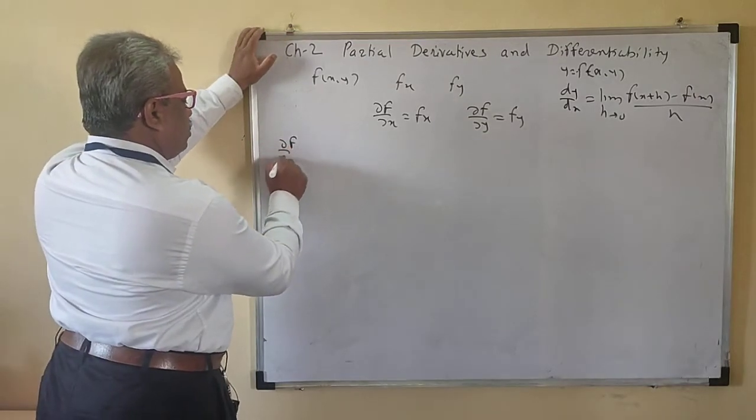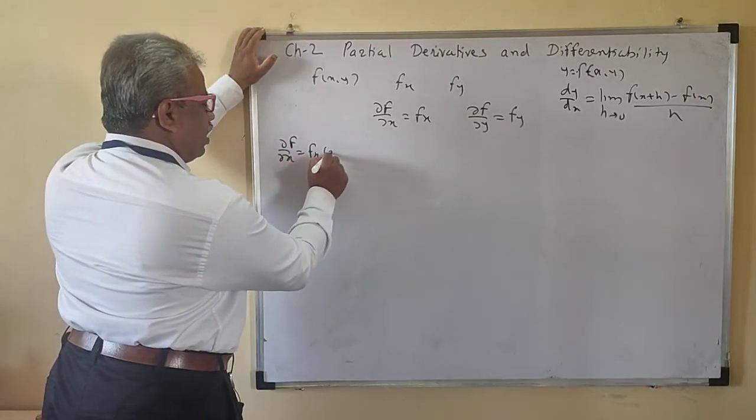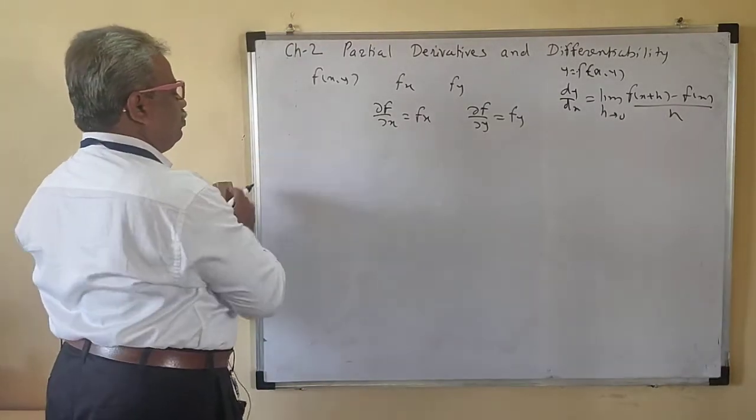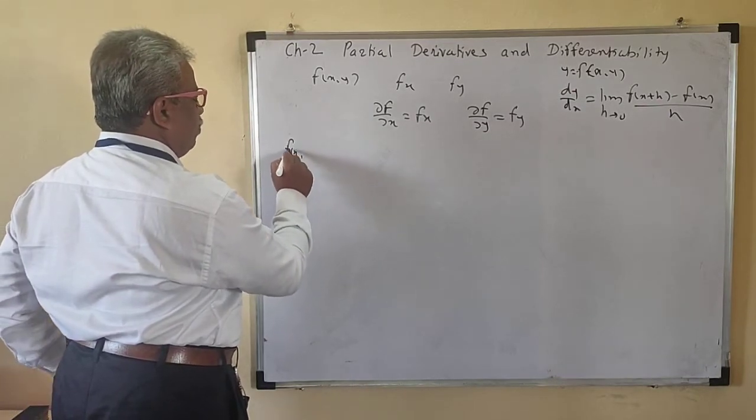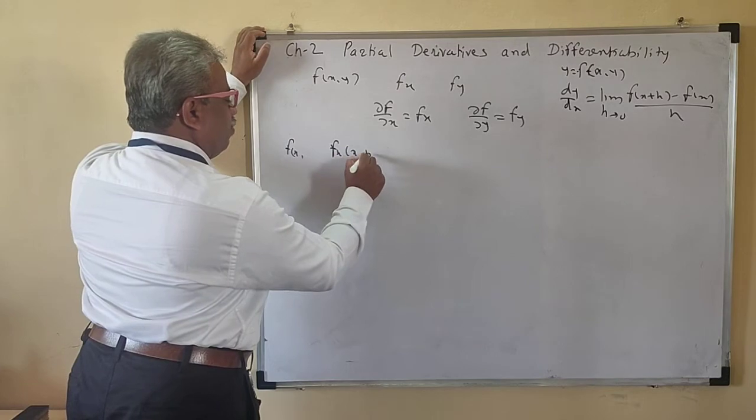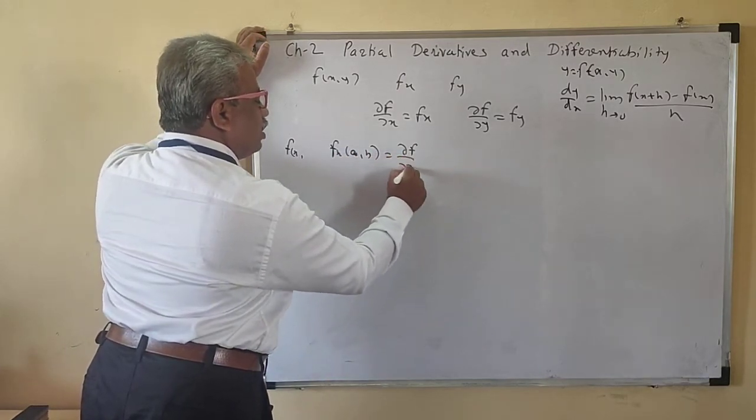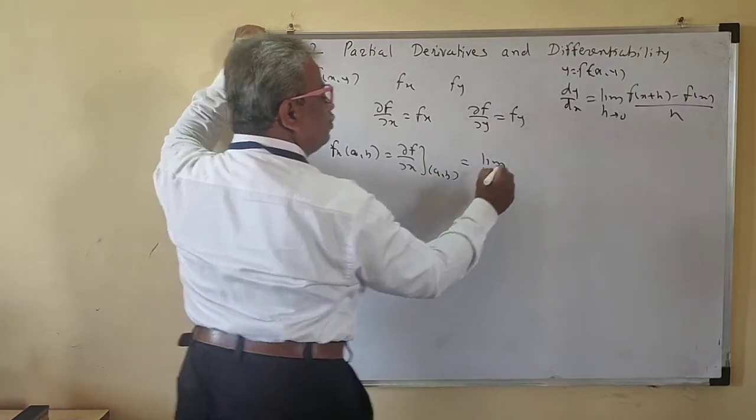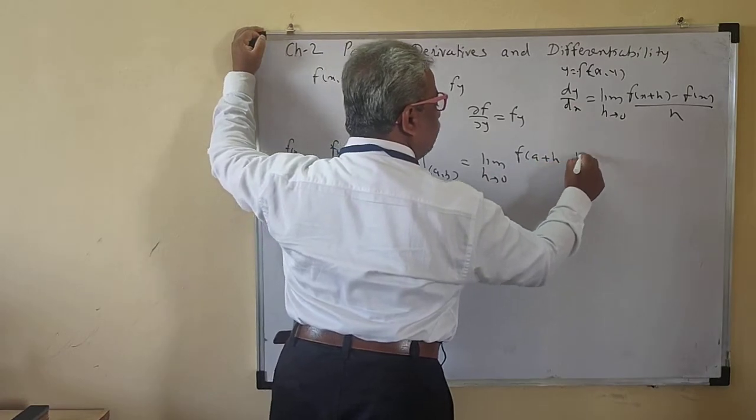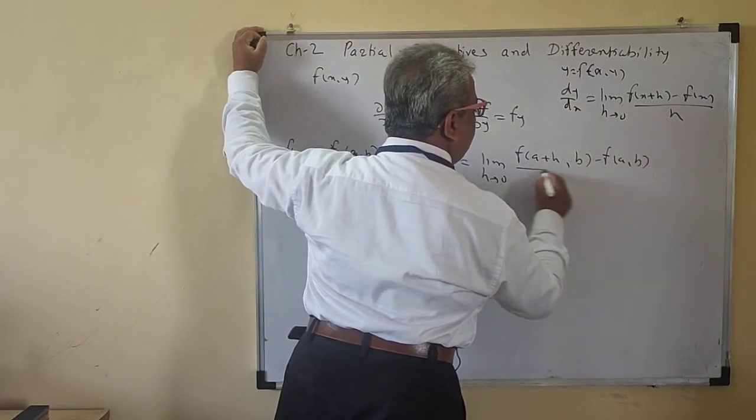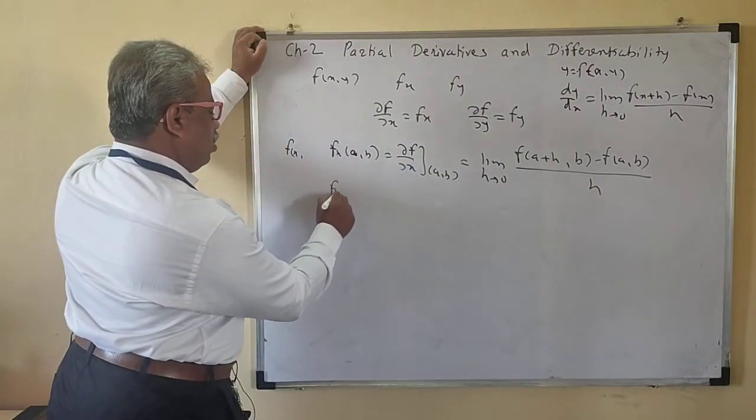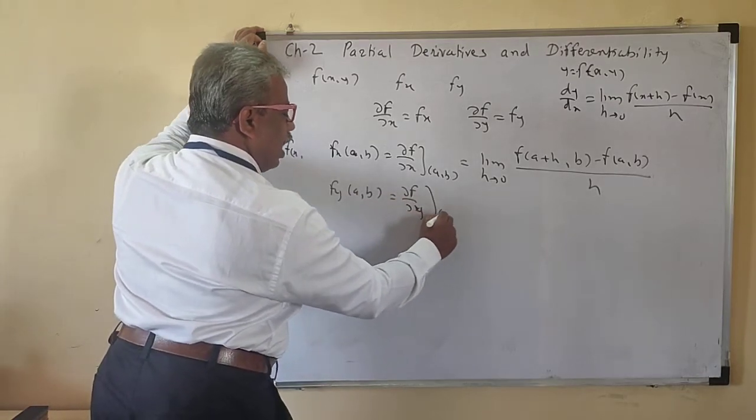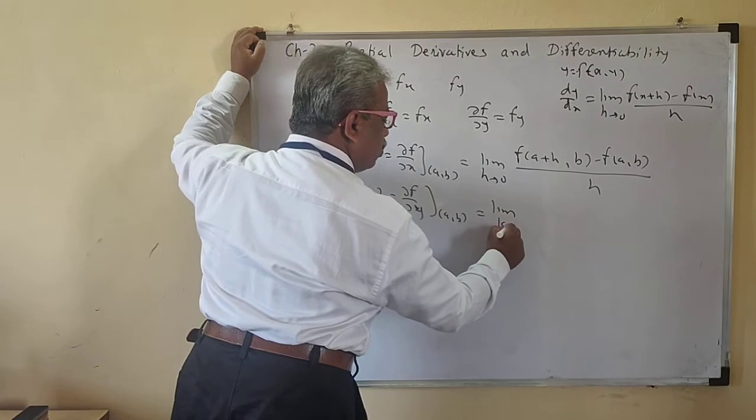So dou f by dou x is the same as fx of x y. We will define fx at a b. So fx at a b means dou f by dou x at a b. So this is the limit h tends to 0, f of a plus h, b minus f of a b upon h. Similarly, fy at a b, dou f by dou y at a b, is the limit k tends to 0,